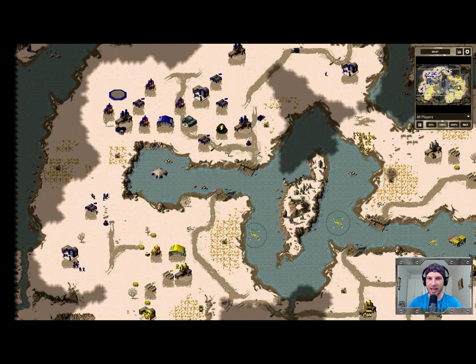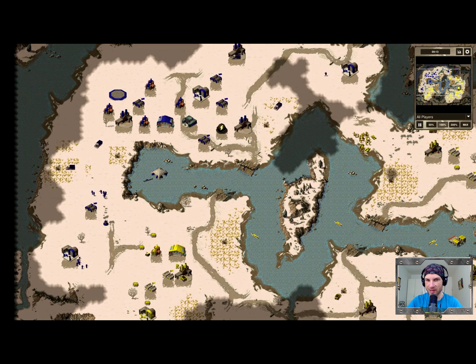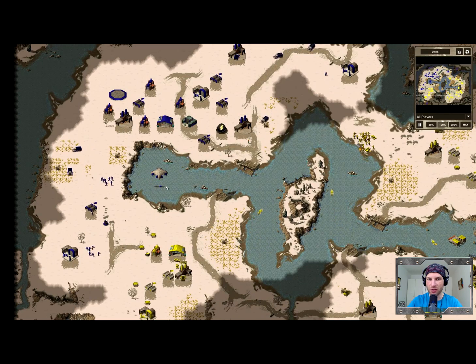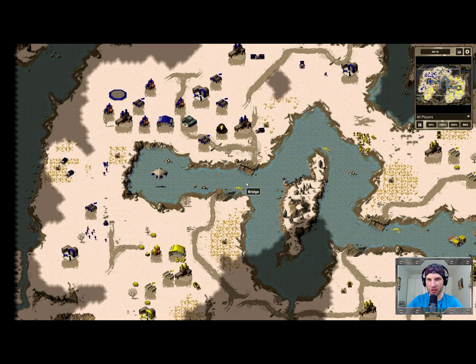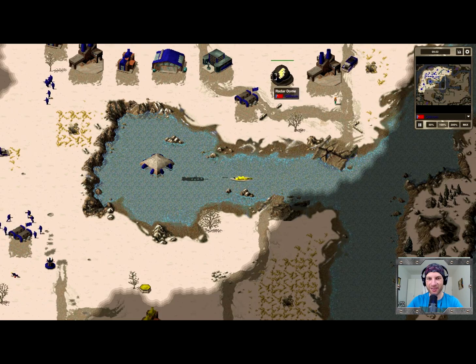I think they have the same identity as the cruise missile boat or the missile sub. They can now only force fire, from what I understand at least. There's so much to talk about. Also, this map here. This is an interesting...